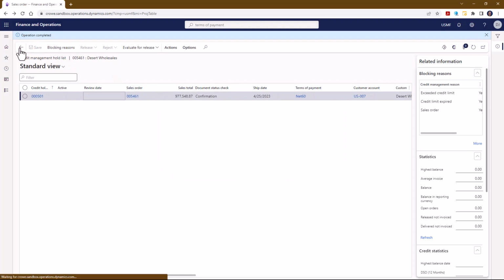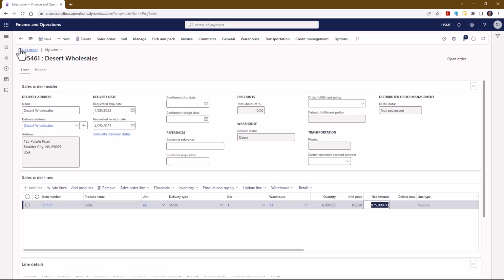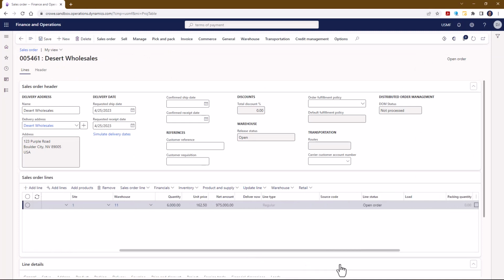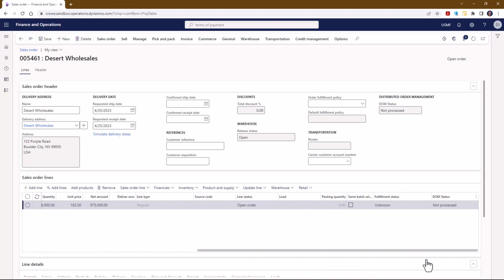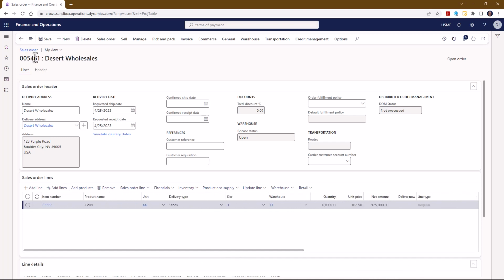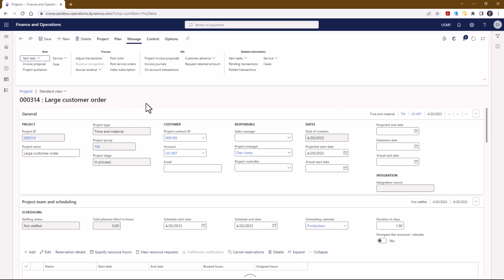So that sales order has now been released, and that will then continue through the standard sales order process. If we're doing production, if we need to do purchase orders, things like that, we can do that from there. So in this case, I'm going to jump back to the project because now I want to go ahead and request